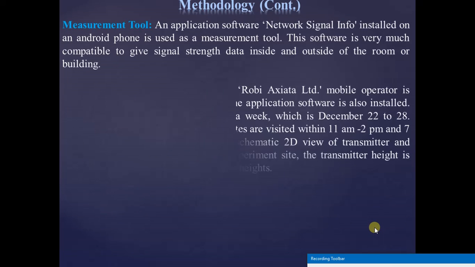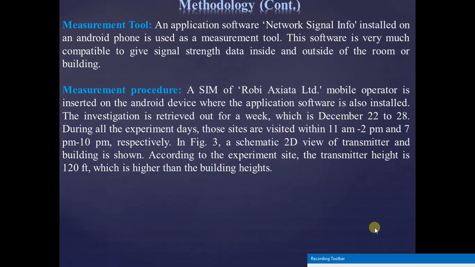And the measurement tool we have used, namely Network Signal Info installed on an Android phone, is used as a measurement tool. For the measurement procedure, we just inserted a SIM into our Android phone and installed Network Signal Info on it. Then the